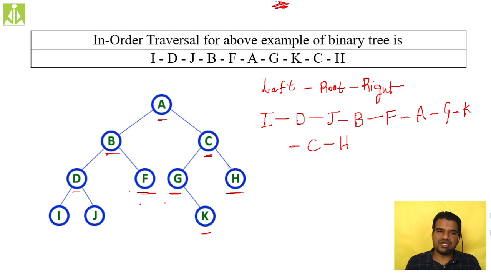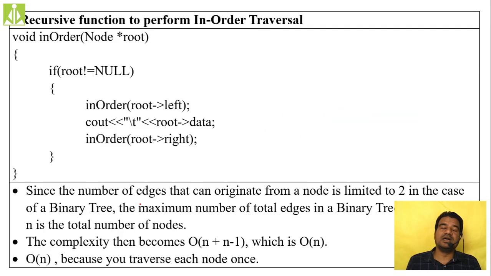First, we visit the left child, then we visit the root node, then we visit the right child. And the same approach you have to follow for all the nodes present inside your binary tree. Remember this. First you visit left, then you visit root, then you visit right. And the code implementation for binary tree in order traversal is only this much. We have to continue the same code until and unless your root node becomes null. See how simple it is.